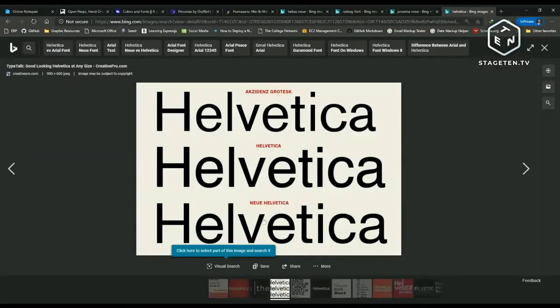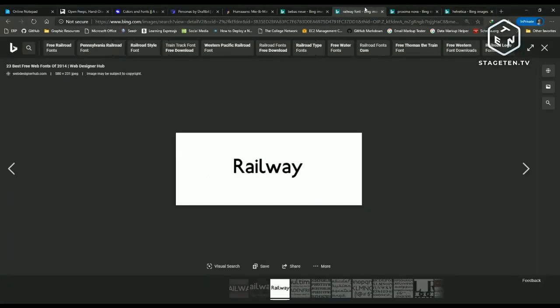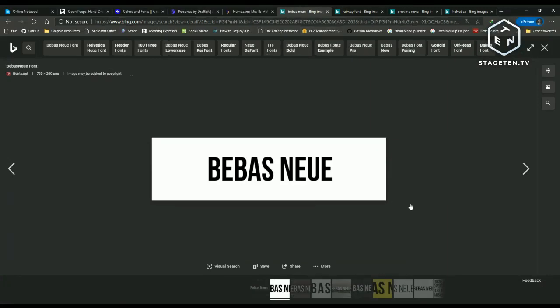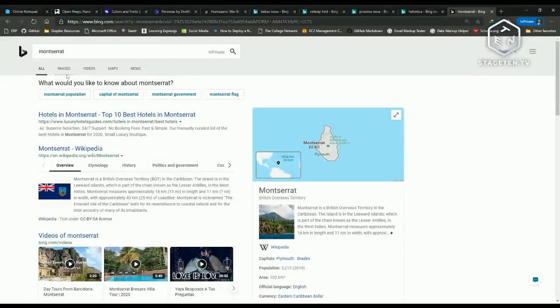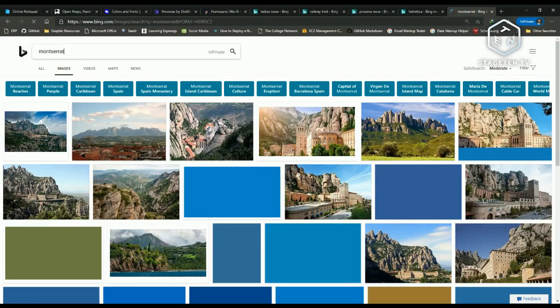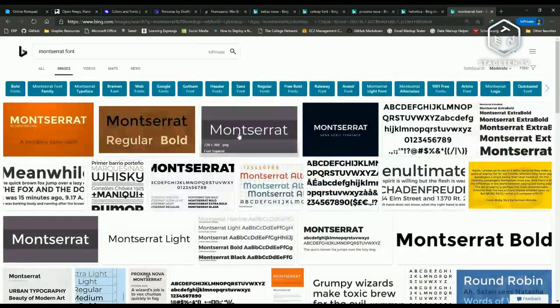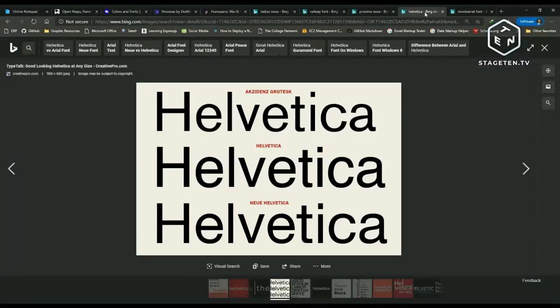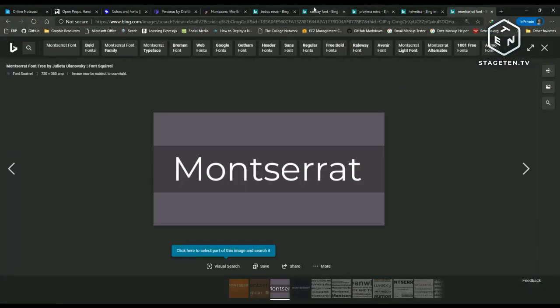So we have these three versions of Helvetica. So this is Helvetica, this is Proxima Nova, this is Raleway, and this is Bebas Neue. So these are some of my personal top 4 fonts, and yes, Montserrat obviously. These are the top 5 fonts which I personally like to work with, and obviously like we have tons of